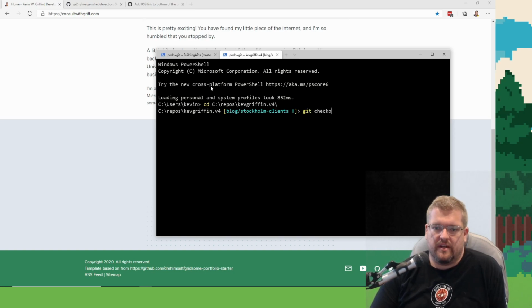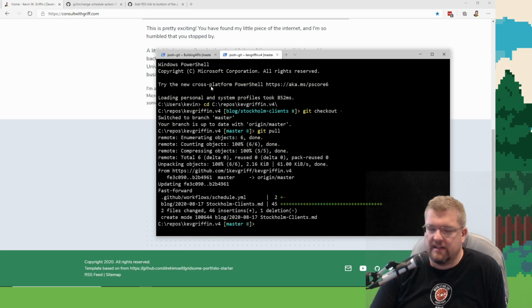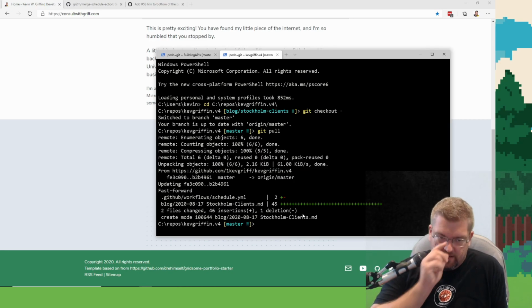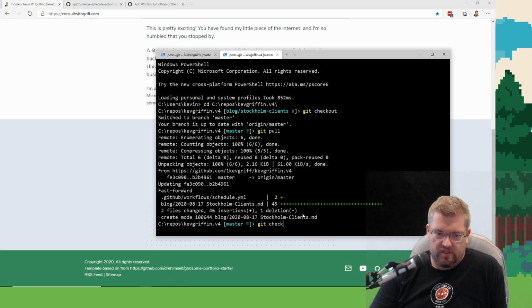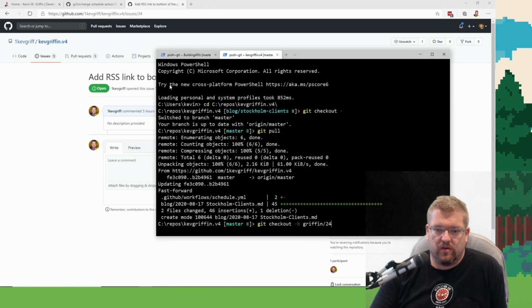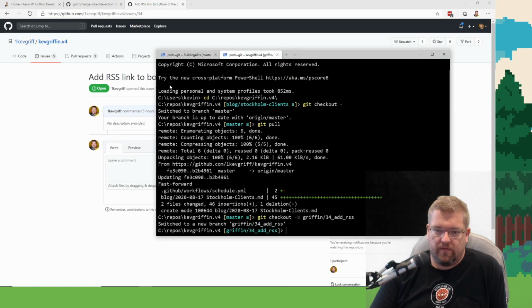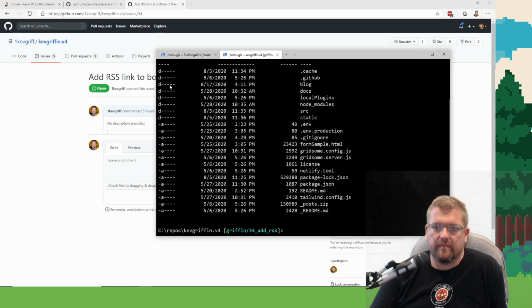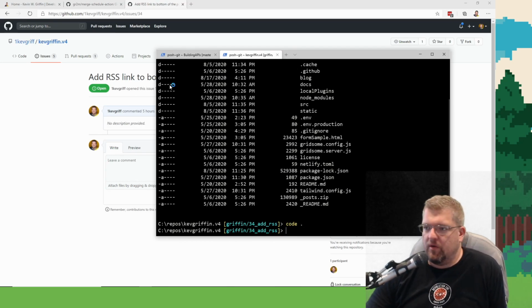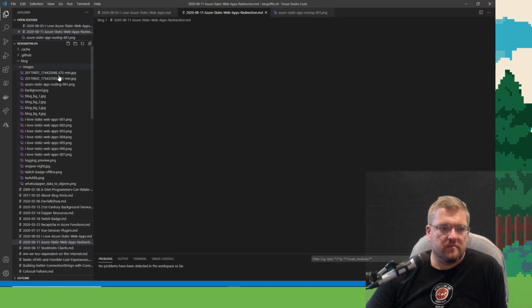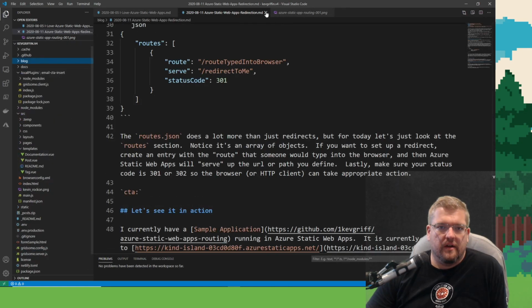All right, git checkout, git pull the latest. And git checkout Griffin 34. Open that in VS Code. All right, close all this stuff.